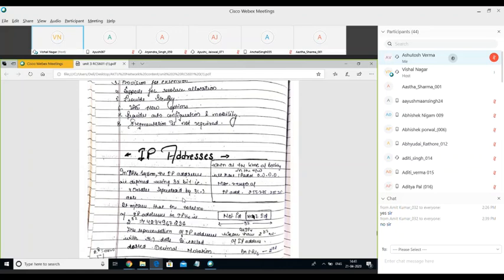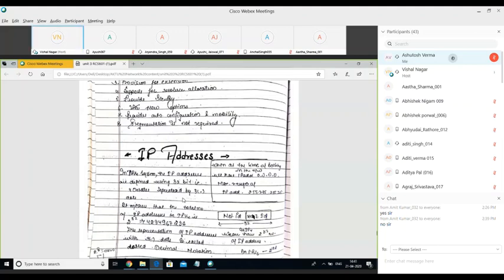Let's leave the IP address for a while and understand the case of normal addresses, like the address of a person in a locality. Say it is 154 B block Panki.